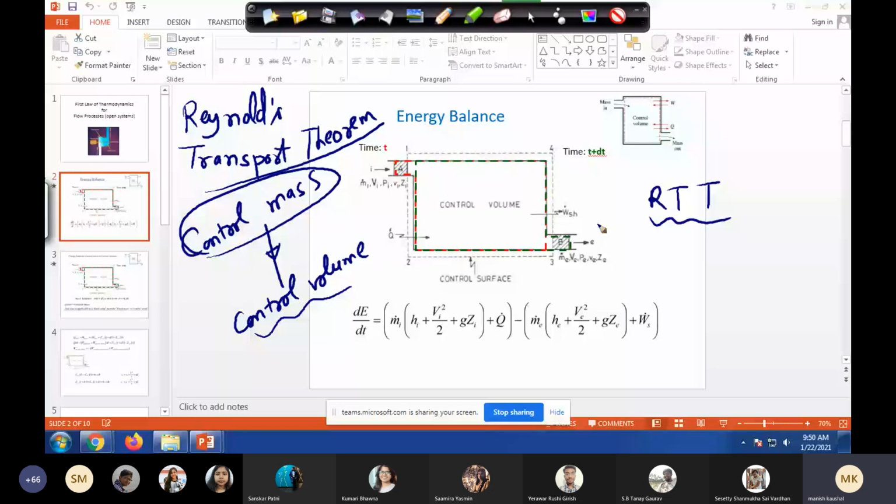There you can see this Reynolds transport theorem. And there you will see that fundamentally you apply this principle to control mass, and then with some mathematical manipulation, you can go to control volume. So don't keep this confusion in your mind. Even if you did the derivation in a bit primitive way, that's not the fundamental way.